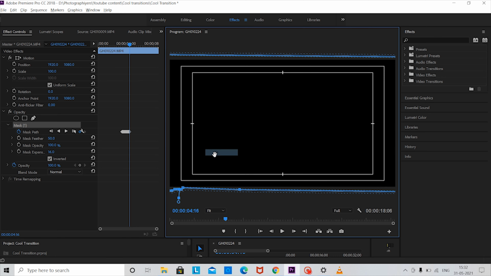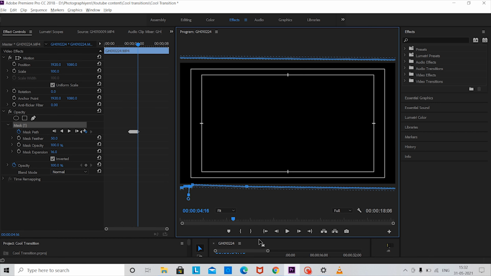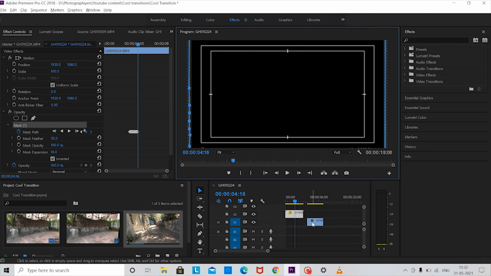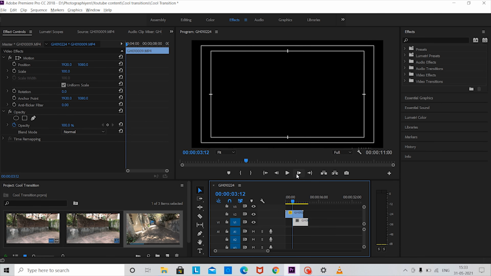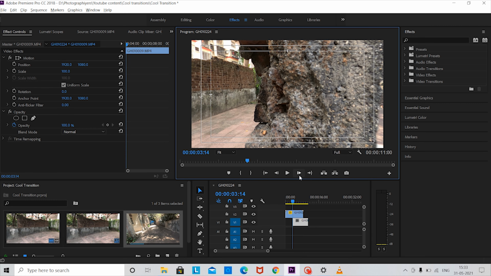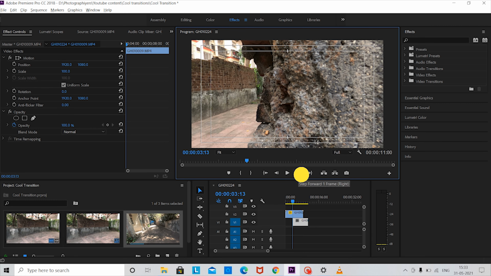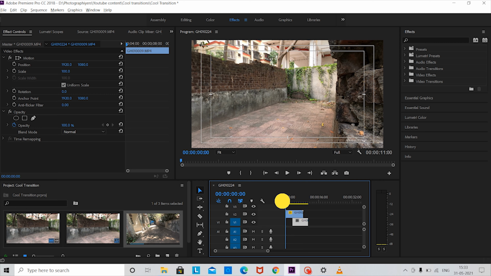Now basically if you see, the entire screen is filled with the mask, so that's why it's totally black. You need to continue the entire process until the mask is totally covering the entire screen. Now that I have done this, I need to bring the second clip, which is over here, to the exact frame where the part besides the wall is starting to reveal. So I guess over here, yeah. Now that's it, you just need to play the video.